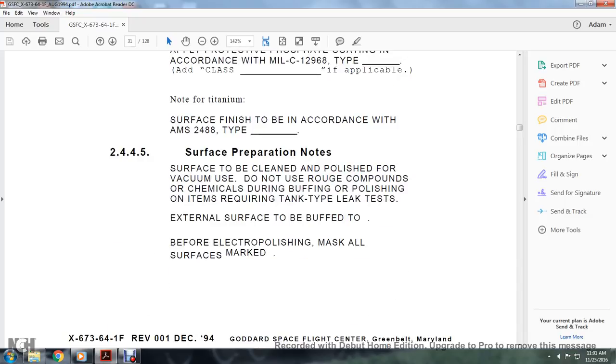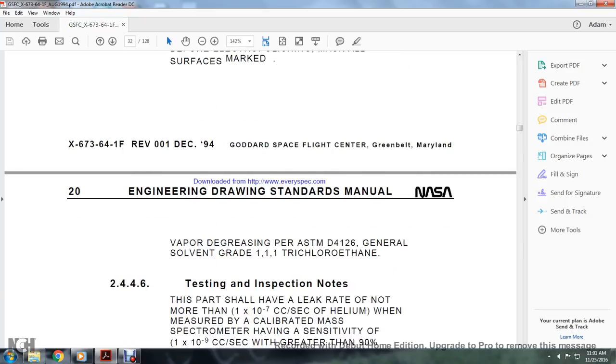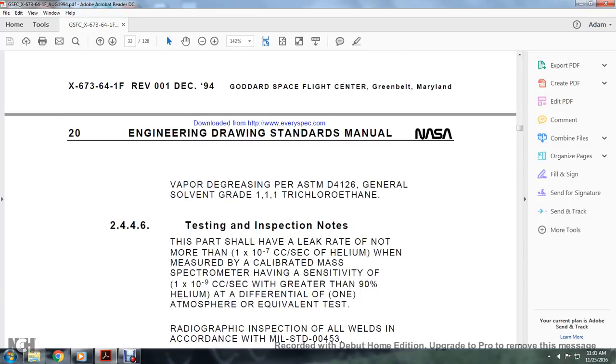Alright, 2445, surface preparation note. Surface to be cleaned with the polish for the vacuum use. Do not use the rouge compounds, chemical during the buffing and the polishing of the items requiring tank type, the linking, testing, external surface to be buffed to, and performance of electro polishing may mask all surfaces marked. Vapor degreasing purpose ASTM D4126 general solvent grade 111